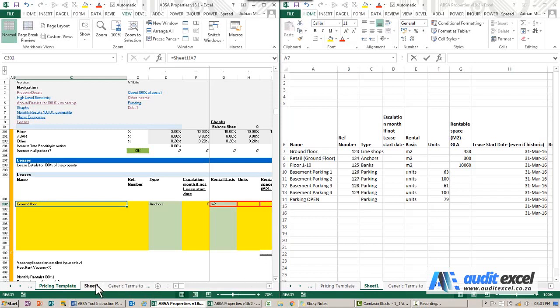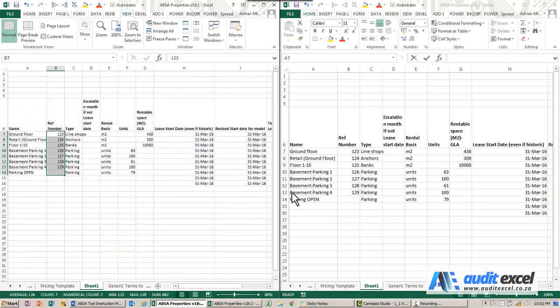Just to prove that these are exactly the same spreadsheet, if I go on to sheet 2, you'll see I'm seeing the same one, but watch what happens over here. If I start typing, I'm going to type here, but watch what happens here. So you can see whatever I do on one happens on the other. So these are exactly the same spreadsheet, we're just viewing it.